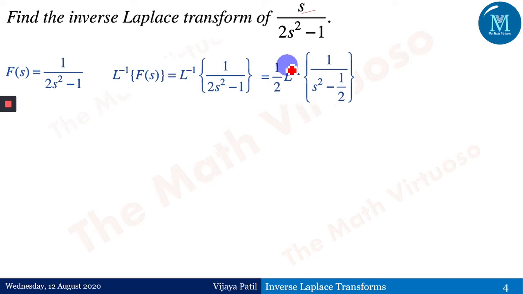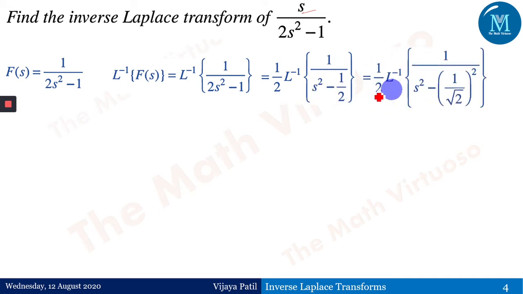So half is from the denominator, and therefore it is 1 upon s square minus half, which is equal to 1 upon s square minus the square of 1 upon square root of 2, and this is nothing but sine hyperbolic of 1 upon square root of 2 t